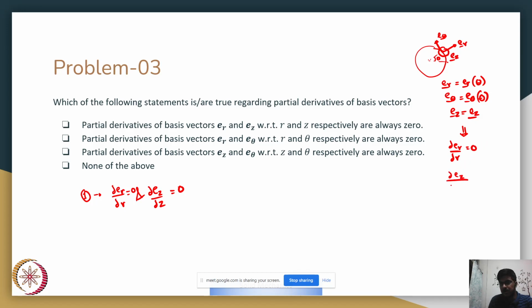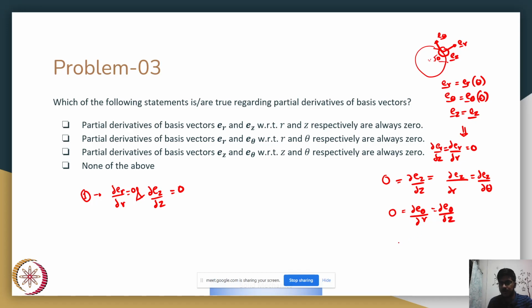Dou Ez by dou r, dou Ez by dou theta and dou Ez by dou z, all three are 0. Similarly for ER, dou ER by dou r is 0 and dou ER by dou z is also 0. Whereas for E theta, dou E theta by dou r and dou E theta by dou z